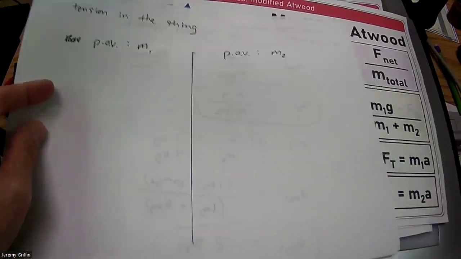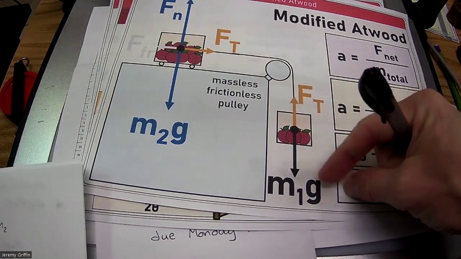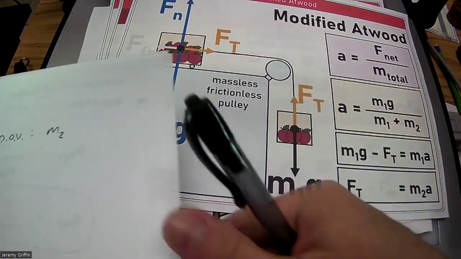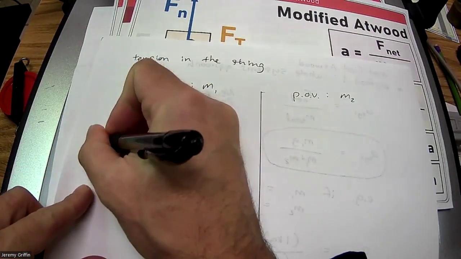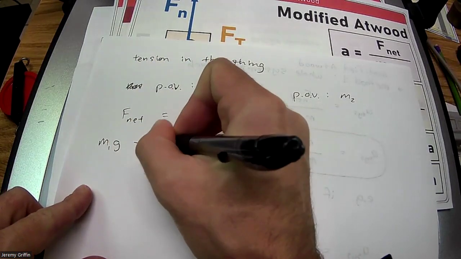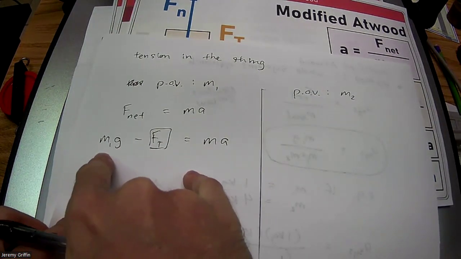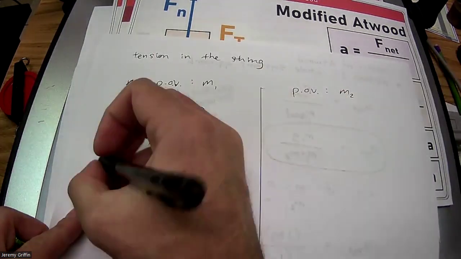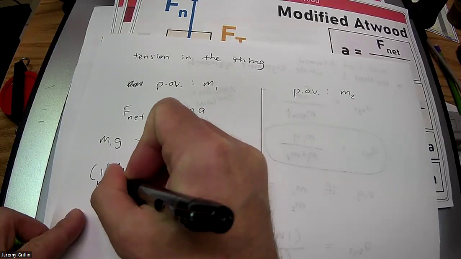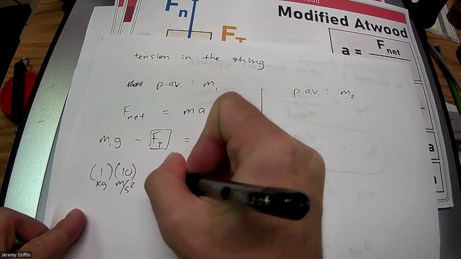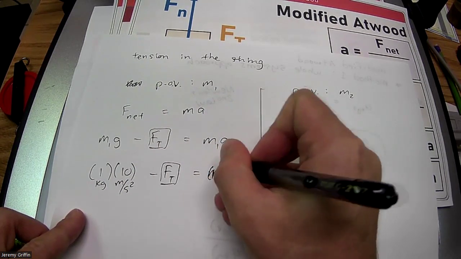So from the point of view of M1, this is kind of like elevator physics, isn't it? It's like an elevator. I've got M1G pulling down, and some mystery tension force pulling up that we want to solve for. So F net equals MA. F net is M1G pulling down and the mystery tension force pulling up. That's going to result in mass times acceleration, isn't it? Now, I think we know all these other numbers. So if I plug in my example numbers, I'd have 1 kilogram times 10 meters per second squared, minus the mystery tension, equals M1, so this is 1 kilogram, again, times